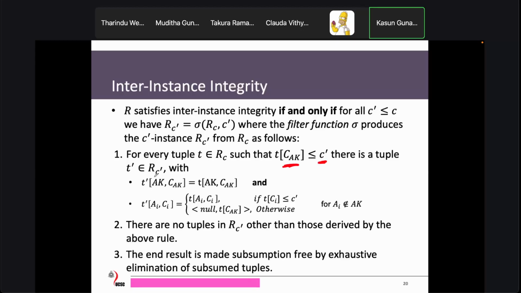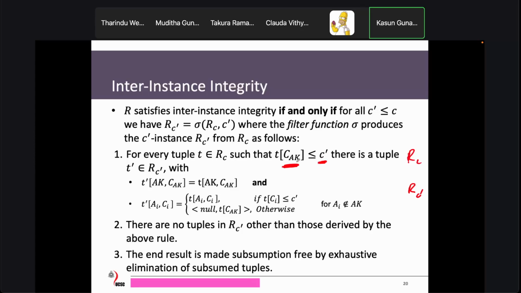So what it means is if there is a tuple in RC, where RC is the higher level and RC' is the lower level instance. So if there is a tuple T in RC such that the tuple's apparent key